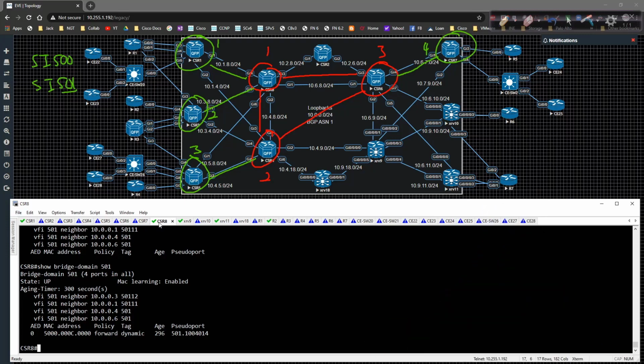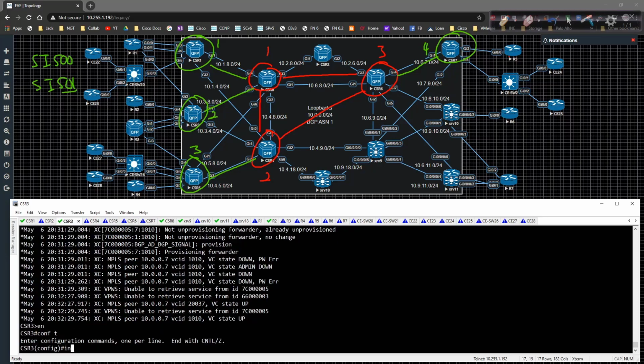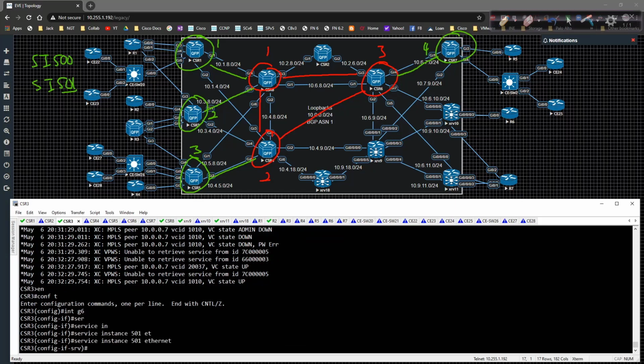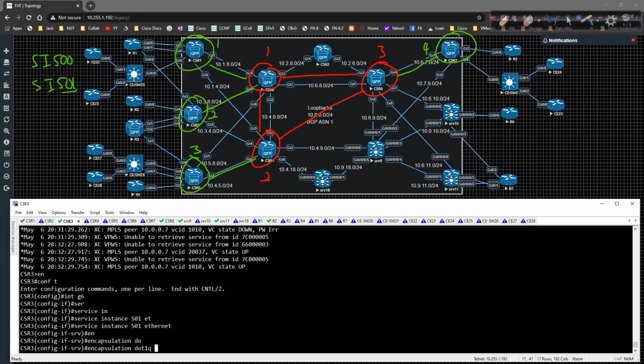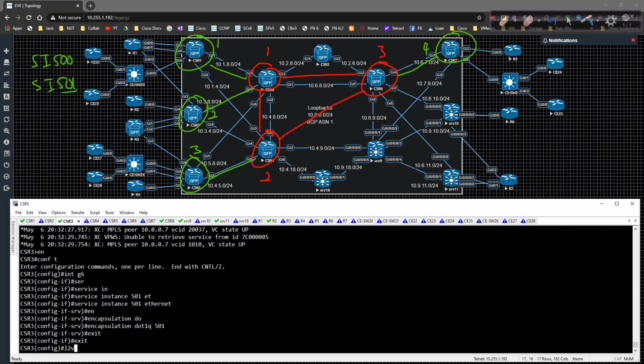Nothing's gonna help you. So we're gonna go back to CSR3 now and get him squared away. On here, we'll type an interface. Well, let's not configure the pseudo wire first. We're gonna type interface gig 6, service instance 501 Ethernet, encapsulation dot1q 501, and then we're going to go to